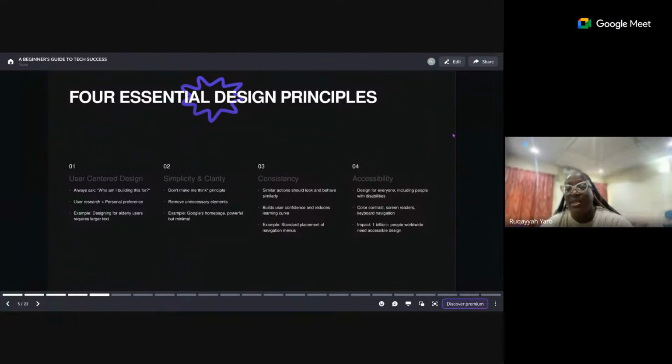The fourth one is accessibility. Everybody talks about accessibility, A11Y, WCAG principles, right? As a designer, these are things that you need to pay attention to. Even as a developer, you need to pay attention to these things. Accessibility is saying that you should design for everybody, irrespective of their background and disabilities. Disabilities can be visual impairment,